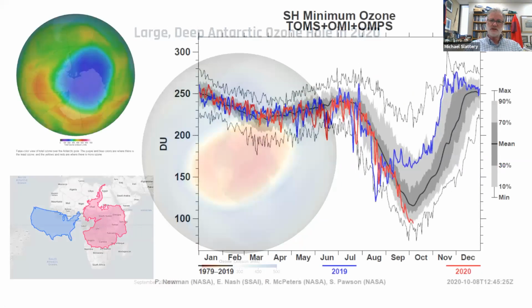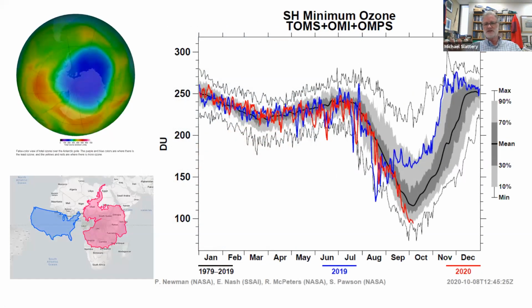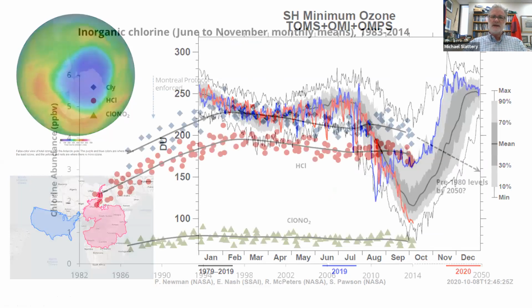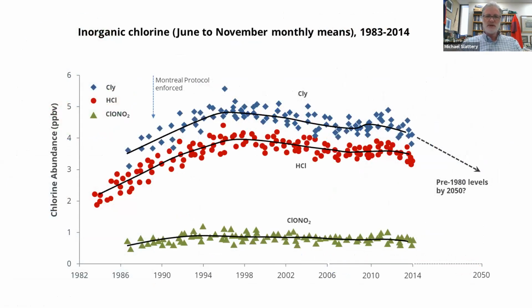And if you're struggling for a sense of scale, this is the 2020 plot, right? So I go back to the 2020 plot here. 2020, right? It was really low here in 2020, okay? And there is the size of North America, and there's the size of Antarctica. So, you know, the story with ozone is mixed. Why is it mixed, and what are we doing about it?